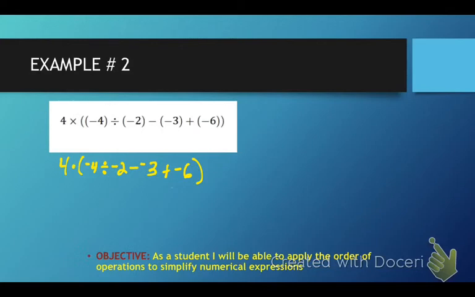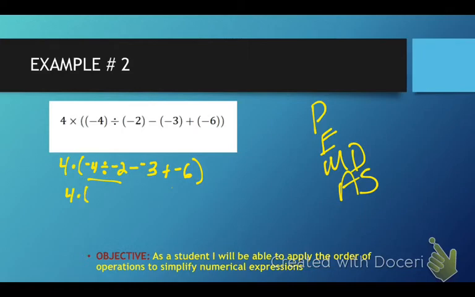First thing that we should always do is follow order of operations, which means we're going to do the parentheses first. However, there's multiple operations inside that parentheses, and the one that we're going to start with is multiply and divide because we no longer have any exponents. So, multiplying and dividing. We go from left to right. We're going to divide first. 4 times negative 4 divided by negative 2. A negative divided by a negative is a positive, which means we would get 2 minus a negative 3 plus